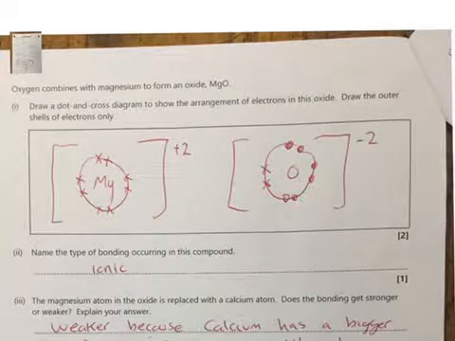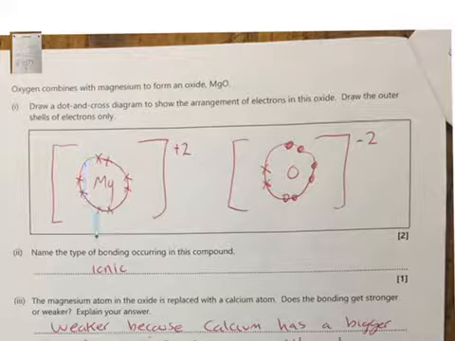Okay, magnesium is in group 2, oxygen is in group 6. Magnesium is going to give away 2, oxygen is going to receive 2. So it's just a nice little, they're happy together like that. So I've drawn this as magnesium's got a full outer shell because he's given his 2 electrons already. So you can imagine another electron shell above that originally, and he's got maybe 2 electrons, he's just given